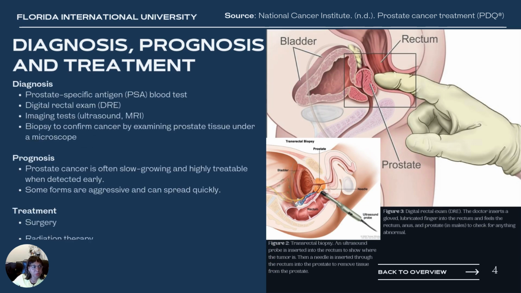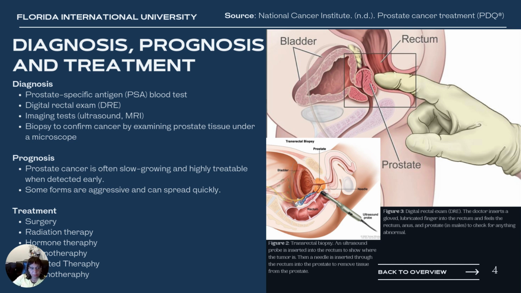The treatment and the prognosis. So some of the forms of diagnosis, first of all, is the prostate-specific antigen blood test. Then you have the digital rectal exam, which is referred to as DRE. And here you're seeing two different forms, as you see in Figure 2, which is the transrectal biopsy, another form of diagnosis, which is a biopsy to confirm the cancer by examining the prostate tissue